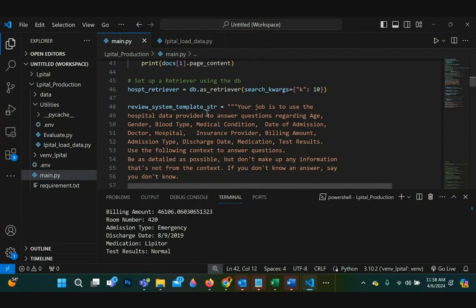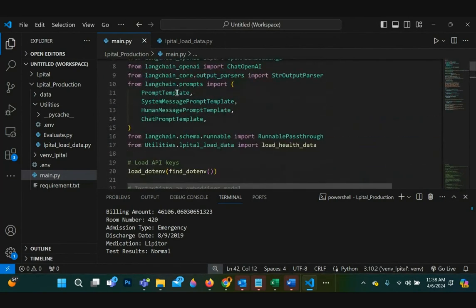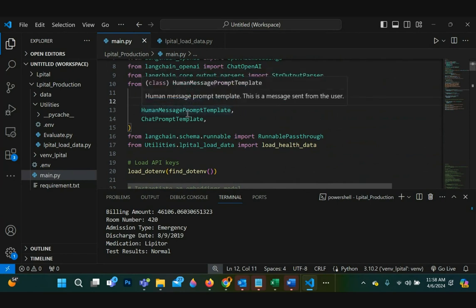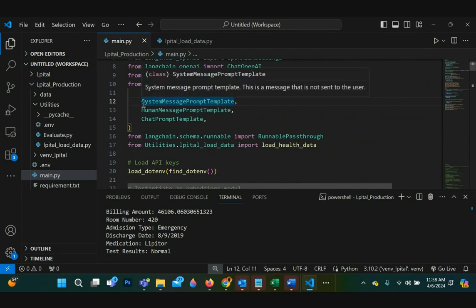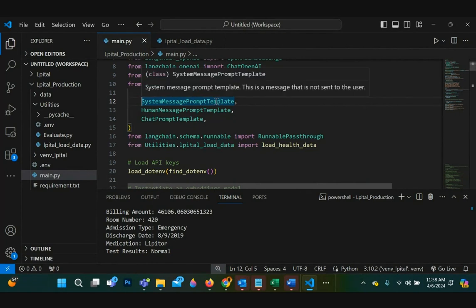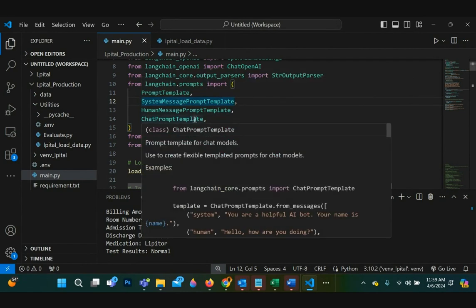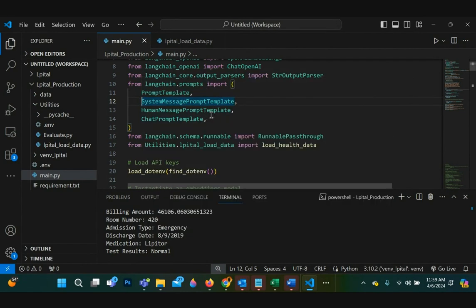So as you can see up here, we imported different templates. The system template here, what it does is you can instruct the LLM to behave a certain way. So down the code, we're going to format that template, as much as the human prompt template, we're going to format that as well.